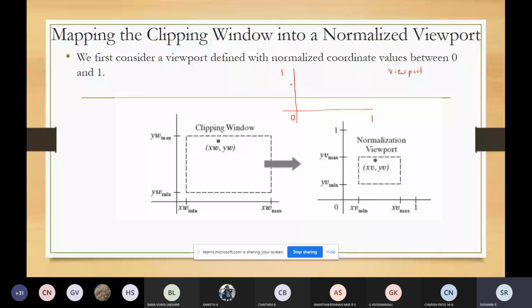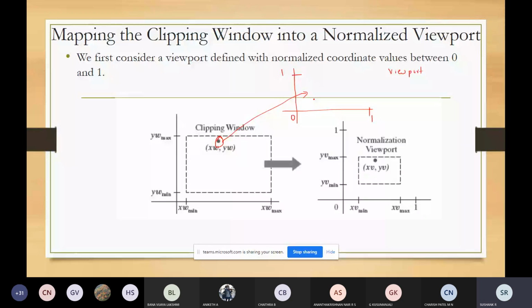This will be my first step. We have a clipping window, so first I will consider a viewport with the normalized coordinate values from 0 to 1. After that the object descriptions are transformed to this